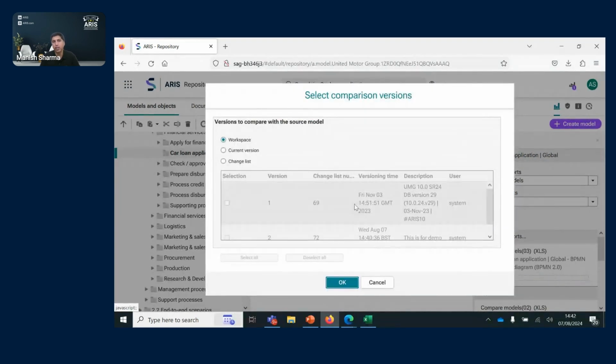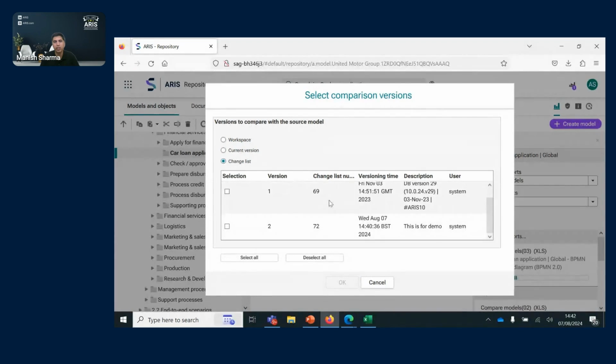And you can compare the workspace against the current version, which is what I want to do. Else, you also have an option to compare it against a previously known version. So you can click on change list and go back many versions to see how it has changed, say, over the years. So if you created multiple versions over time, you can select a previously known version,